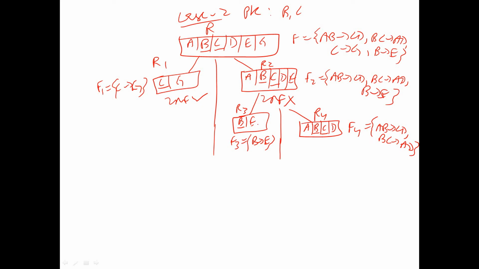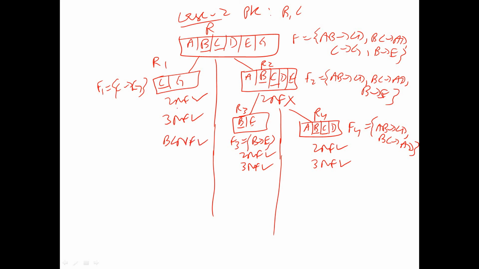Now, is R3 present in 2NF? Yes. Is R4 present in 2NF? Yes, because partial functional dependencies are not existing. Now I'll check whether R1 is present in 3NF. Yes, transitive functional dependency not existing. R3 is also present in 3NF because transitive functional dependency is not existing. R4 is also present in 3NF because transitive functional dependency is not existing. Now I'll check for BCNF whether the determinants are the key. Yes, R1 is in BCNF. R3 is also present in BCNF because the determinant is the key, and R4 is also present in BCNF because the determinants are the key.